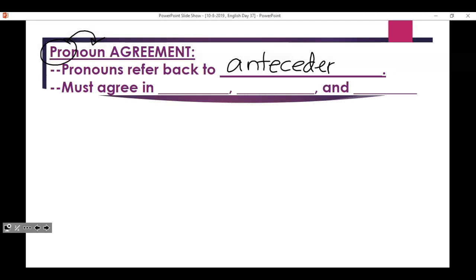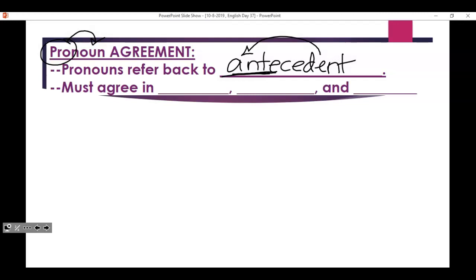The antecedent, ante means before. The antecedent means the word that the pronoun refers back to. So if you said, that's a really great car, how much did it cost? Car would be your antecedent, it would be your pronoun. The thing is, it makes sense to say a car is an it because it agrees with the pronoun, and